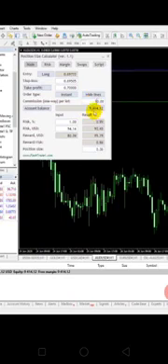My account balance is 9,414, which came automatically. Here the main part is the risk. I'm adding a risk of 5%, and in USD it will be 470. In the same way, if I choose the risk in USD, let me take 200 risk on my capital, then my risk will change to 2%. So you can enter your risk either in percentage or in USD.